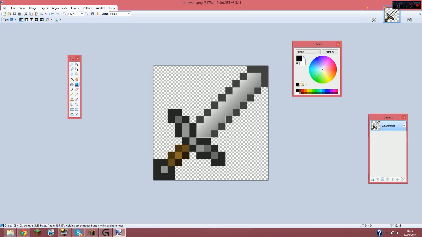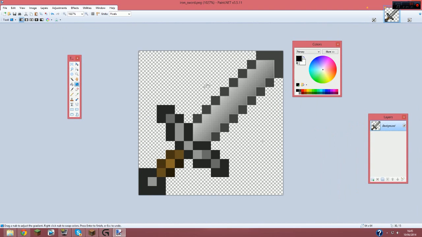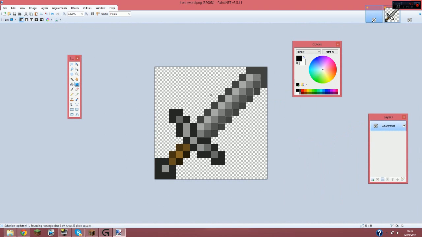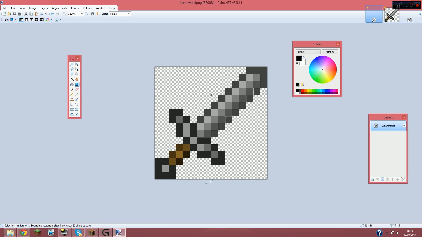And if I add a gradient from black to white, you can clearly see the difference. So look, 1 2 3 4 5 6 7 8. It takes like 8 blocks or pixels just to go across. With this one, as you can see, this picture is much bigger because it's 64 by 64. It goes across 64, and this one's just 16 by 16, and you can clearly see the